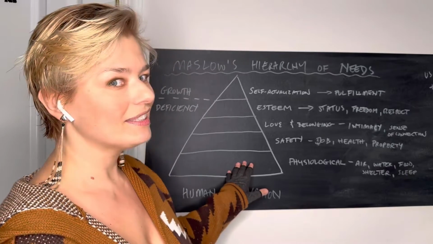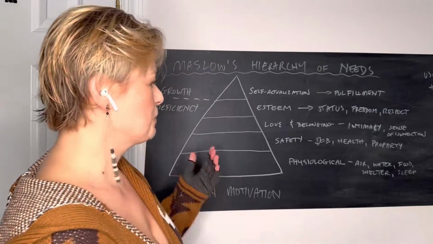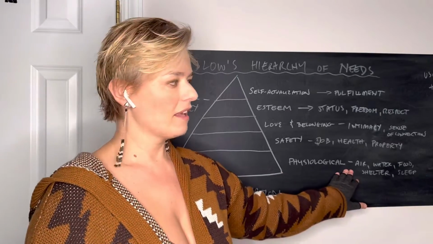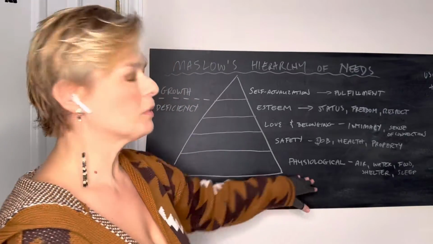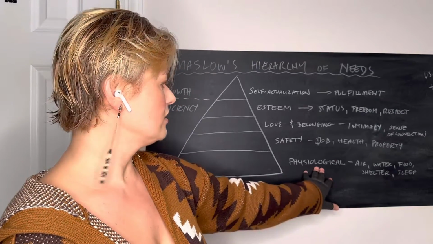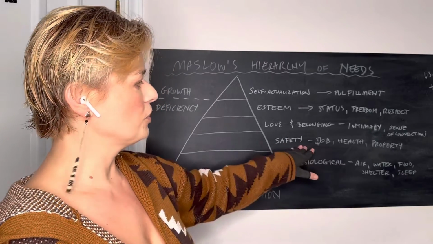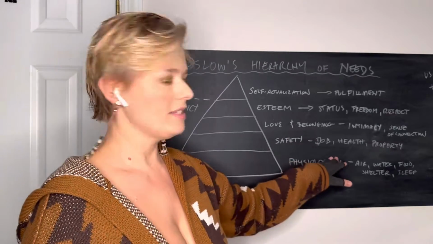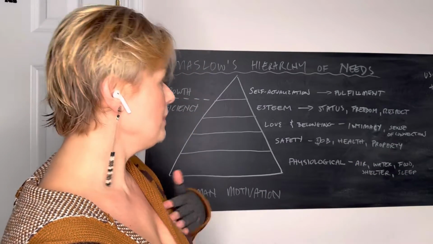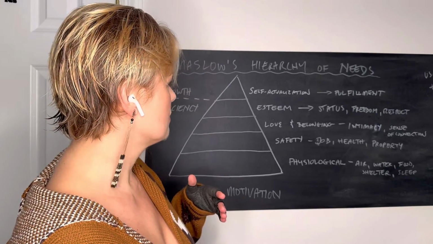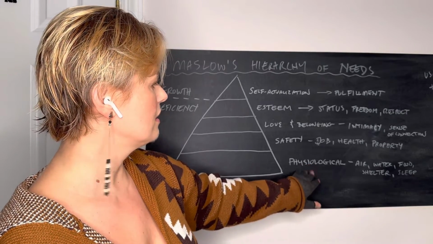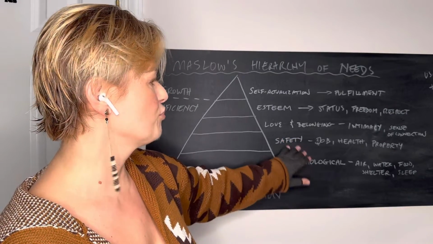If this theory was completely amazing and true, what would happen is that until I fill all my physiological needs, that would be my motivation for everything, right? That's what Maslow would say. And only once those needs are filled would my motivation turn to fulfilling my safety needs around job, health, and property, etc. But for me, currently, I feel like I'm doing pretty well on a lot of these, but I'm sucking at a couple of these pretty badly.